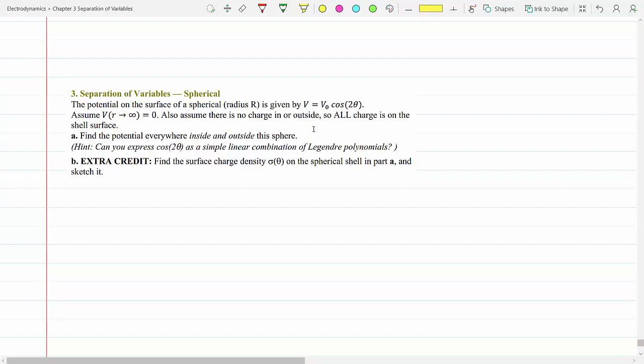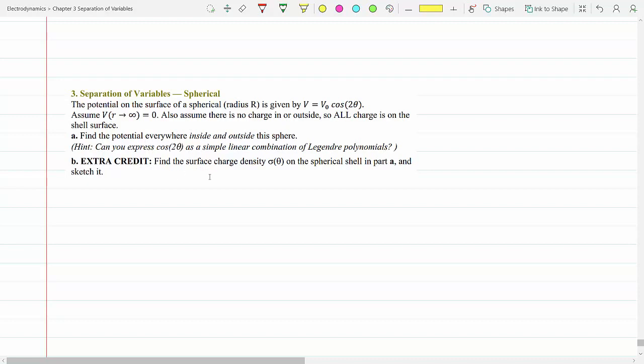Also assume there's no charge inside or outside, so all charge is on the shell surface. Oh, okay, so this is a spherical shell. And we need to find the potential everywhere inside and outside the sphere. Okay, so